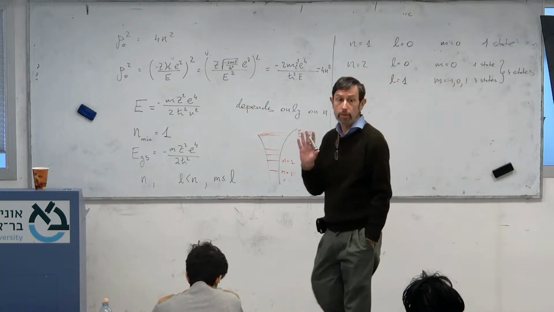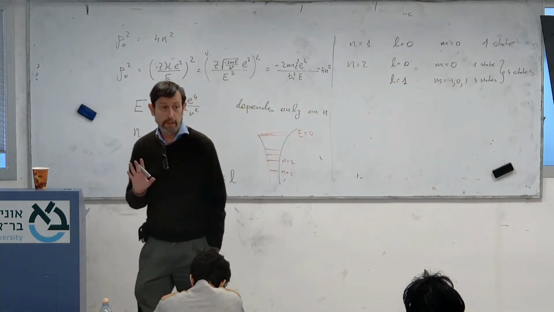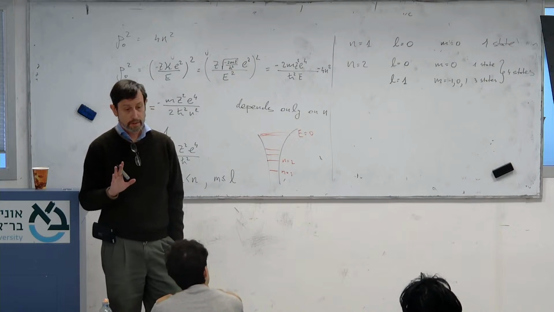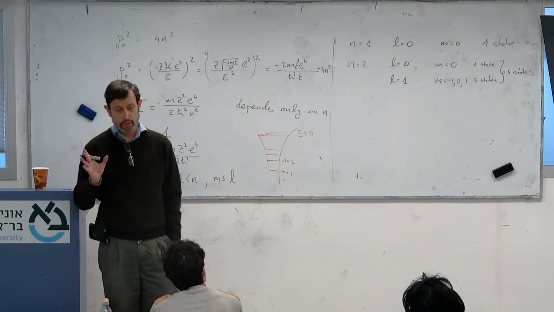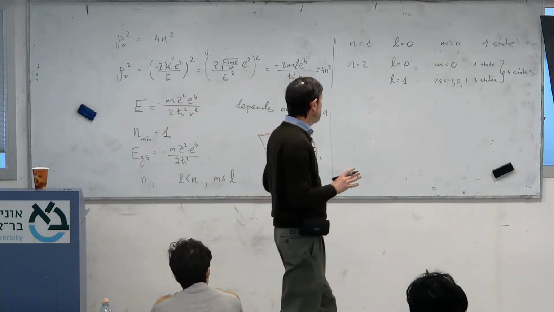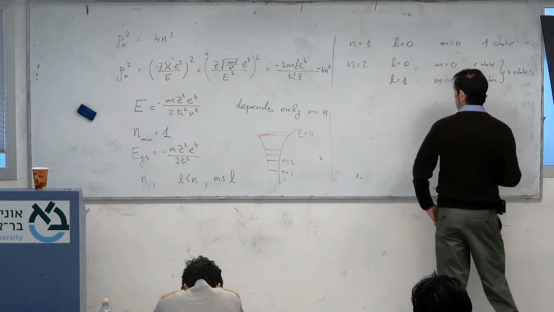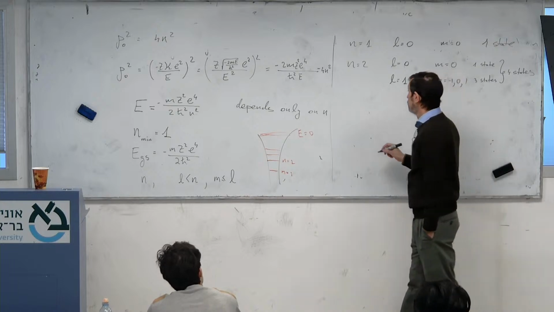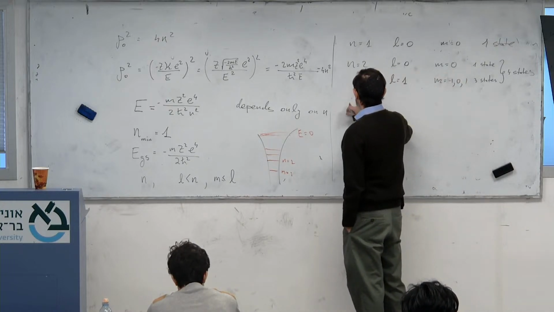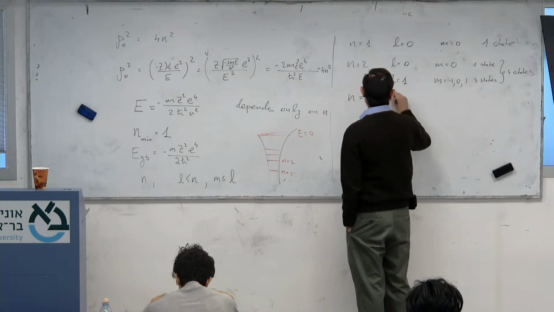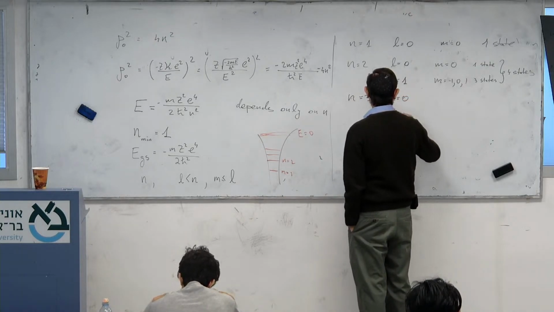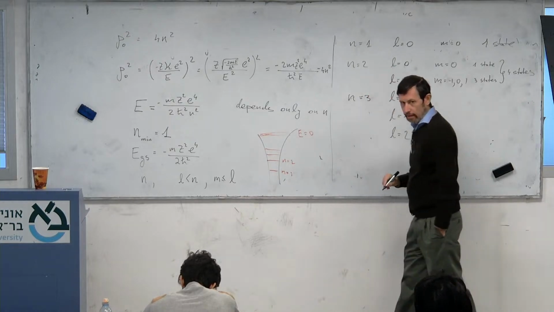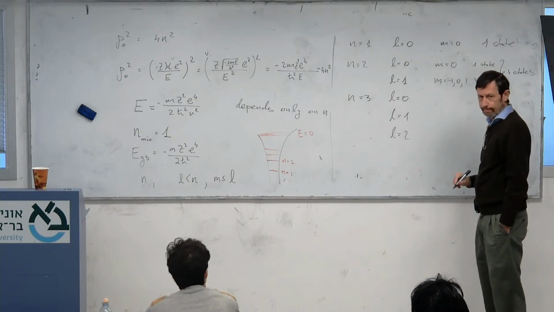you have 4 states with the same energy. It's degenerate. Since the values of L and M don't influence the energy, I have 4 states in the second energy. N equals 3, L equals 0, 1, 2,